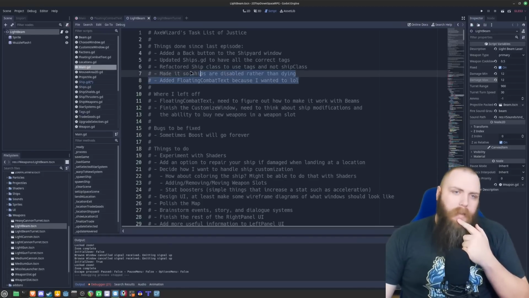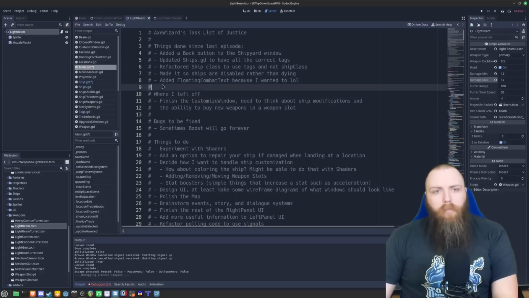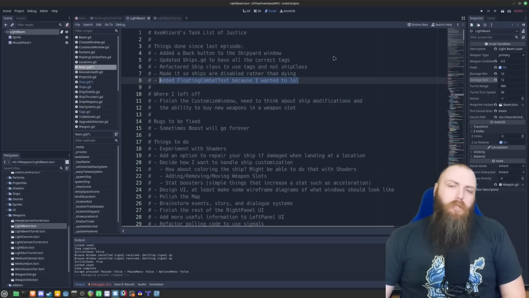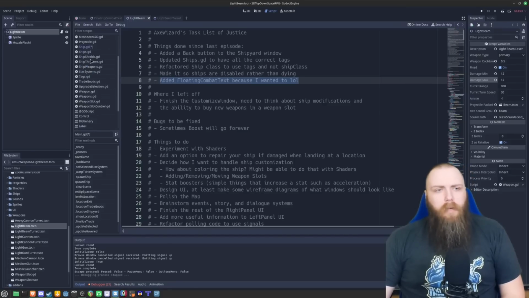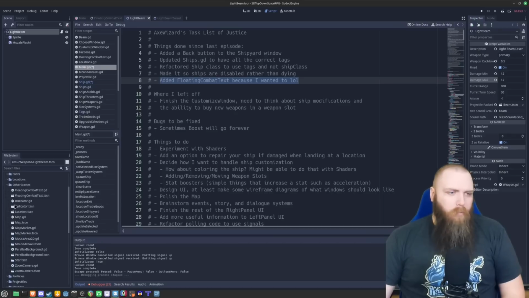And then this last thing is, I did this. So I can remove that thing here. So I added floating combat text because I wanted to, LOL. So that's a good thing. And the combat text, how I did that is I created, and I just kind of threw it into other